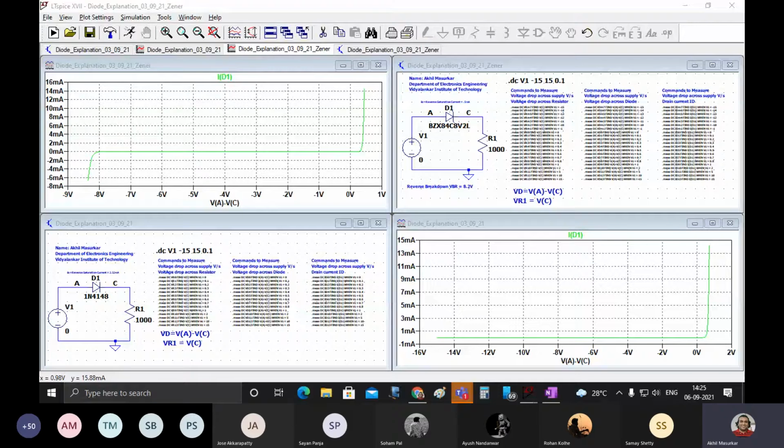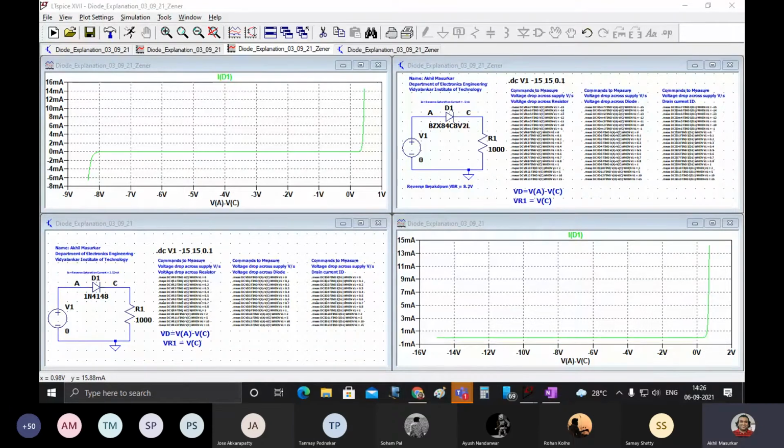Okay, Tanmay, I can see. Tanmay, you have plotted the voltage versus voltage. We want current versus voltage. Sir, but is it okay that we can add both the diodes, or is it a wrong method? No, it is wrong because you cannot put two diodes in series, and you cannot have two diodes in parallel also.